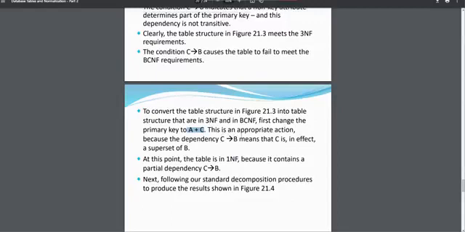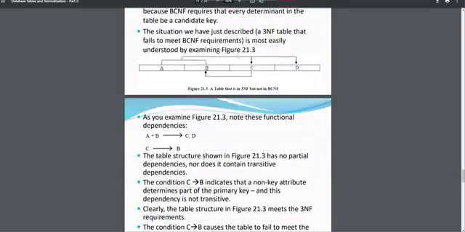This is an appropriate action because of the dependency. B depends on C. If you change this to a primary key or composite key,